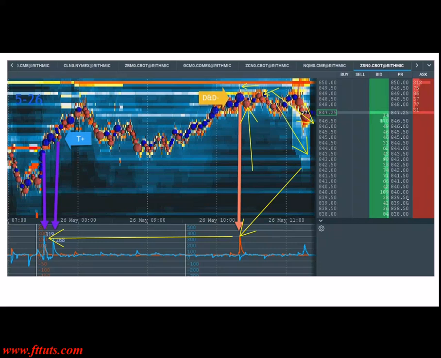So again, you're seeing how these all flow together when you're seeing multiple things, where you can be holding your contract. Say you put on 3 units, you get out of one at a certain level, you get another one at a TAS indicator, as an example, and then you're not getting out of the last unit until you see the opposite setup come in, and then you get out, and then you flip, and then you go short, right? So it's just an example of how powerful this is. Next example